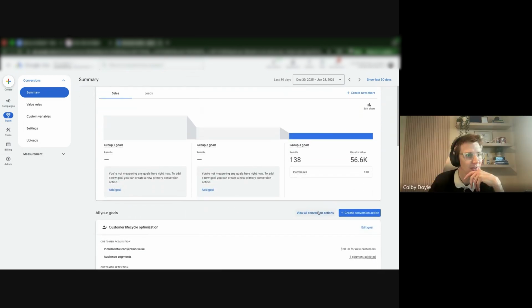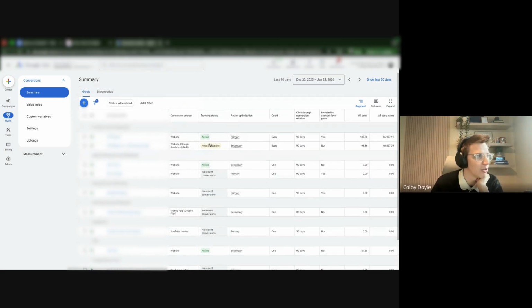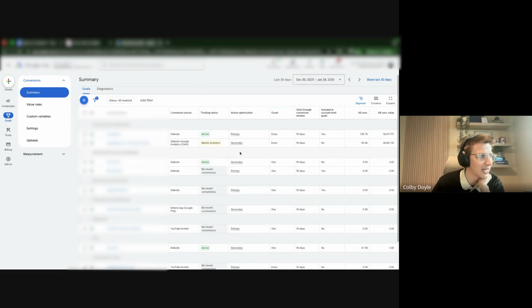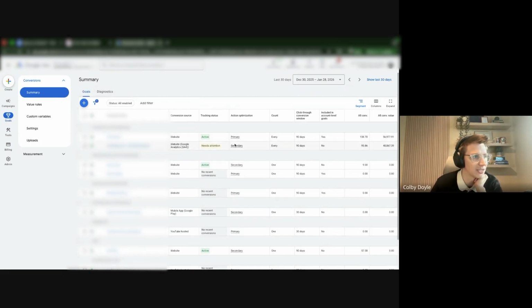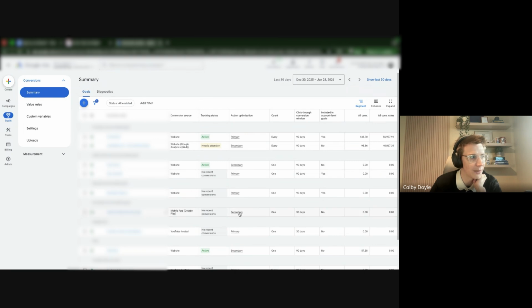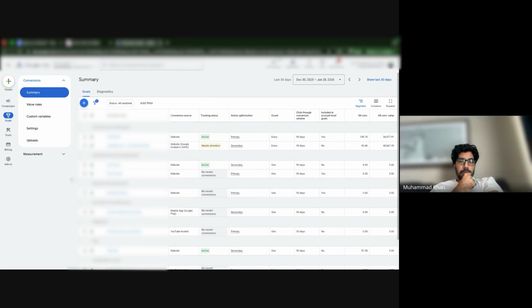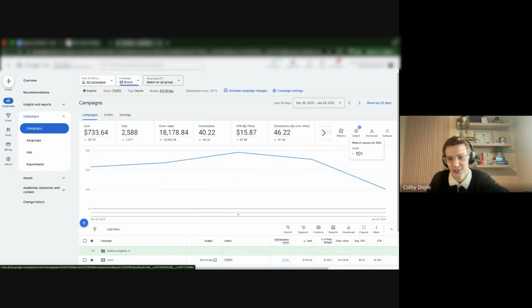Now, I'm going to do it this way because I don't know how to do it the new way. You want to make sure that anything that isn't relevant is not primary. In my case, I'm just using purchases. Under my purchases, the one I don't want to use, my GA4, is secondary, where my JavaScript checkout is the active primary. But there are accounts where all of these are primary, and they're using account default, and they have like 10,000 conversions, and your data is completely screwed. You need to just restart.